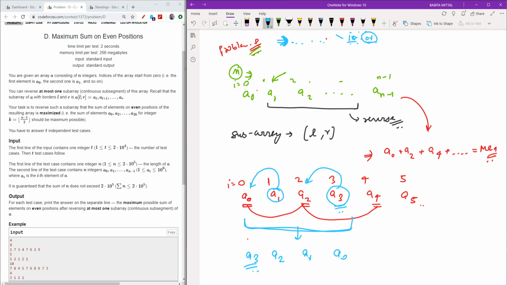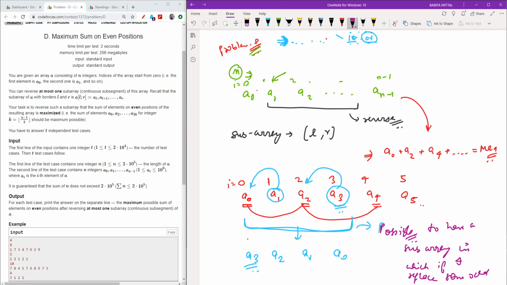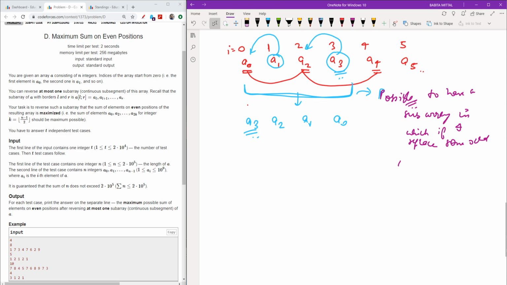So whenever I reverse a subarray, the question is whether it is possible to have a subarray in which odd indexed elements are replaced with even indexed elements.